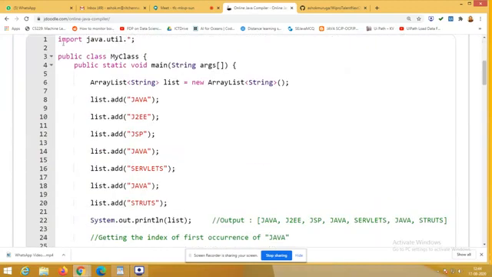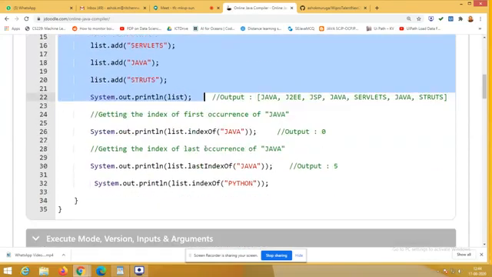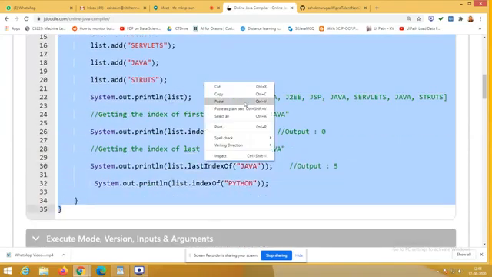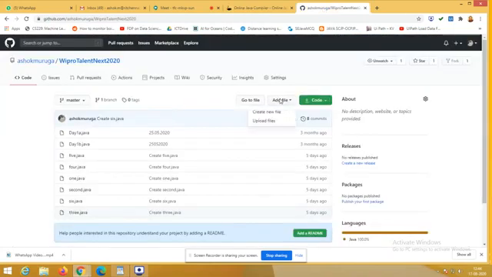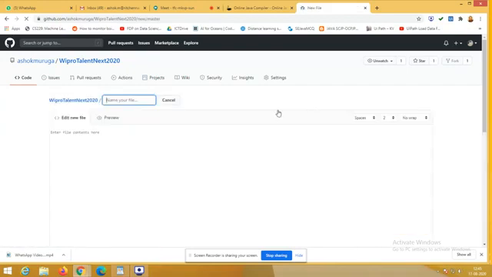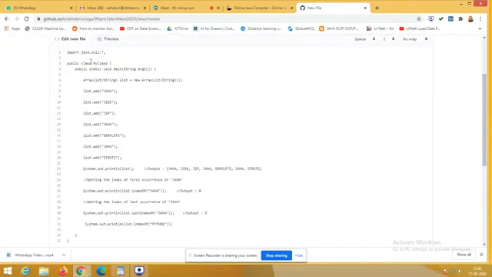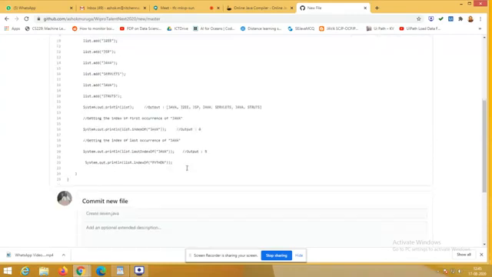So what we have to do after completing this? We will copy this and go to my GitHub, add file, create new file. This is our 7th program. We'll make it as 7.java. Okay, Control V, and change the class name also. This is 7, right? So we'll make it as 7 so that we can even execute this.